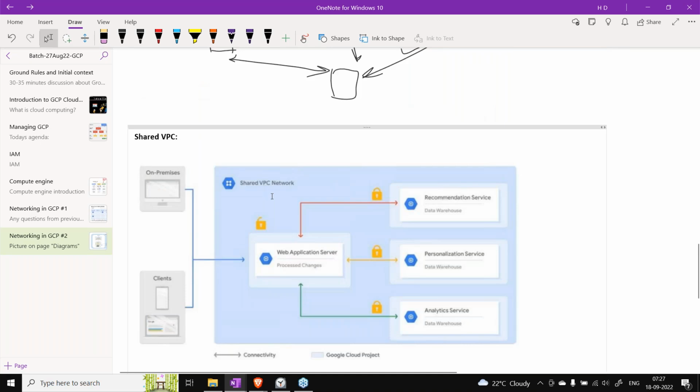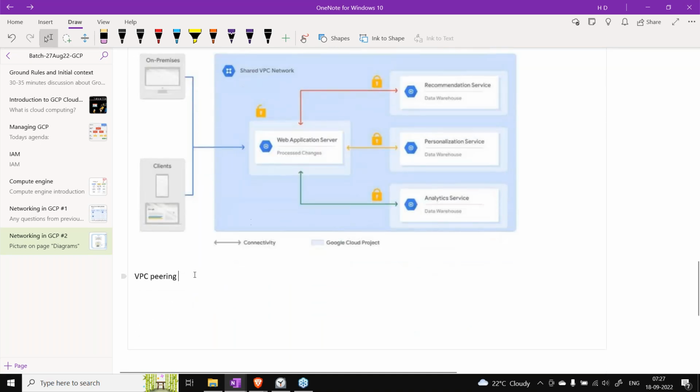Shared VPC is not the exact solution of the problem that we were discussing in VPC peering, but it solves the major issue that VPC peering has. VPC peering was non-transitive, right? So that's why we had to create a lot of peers.